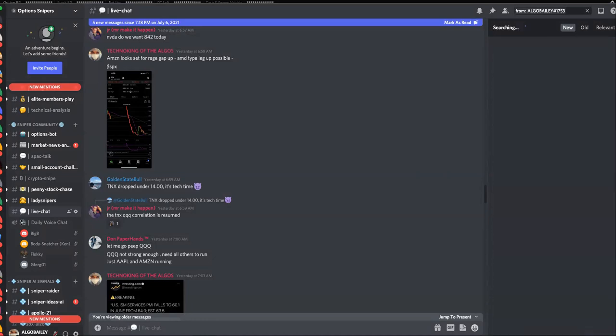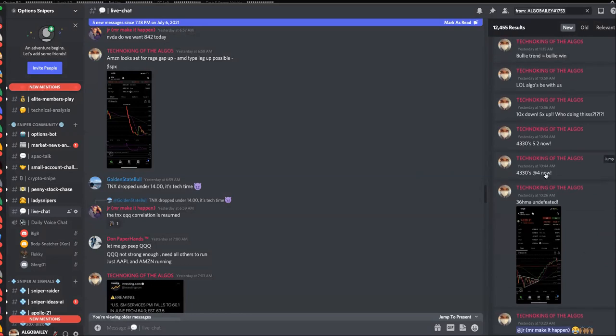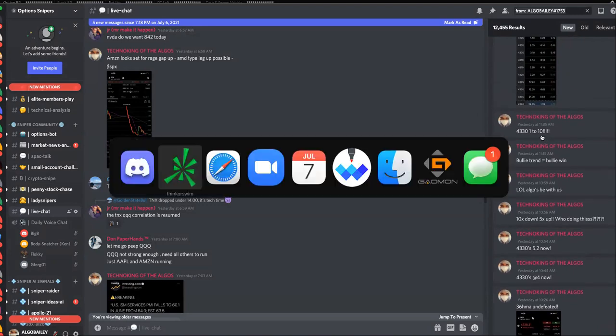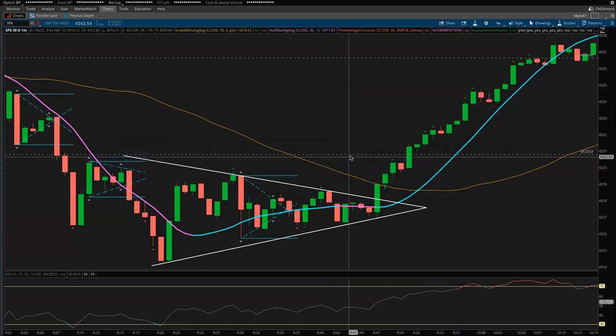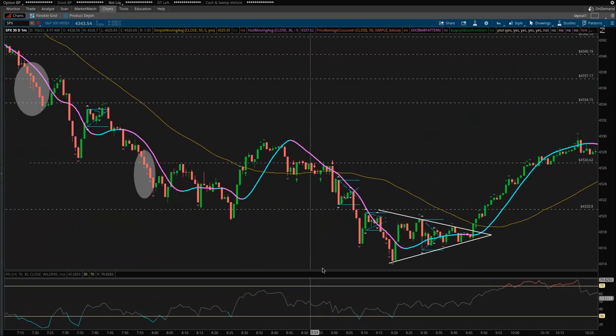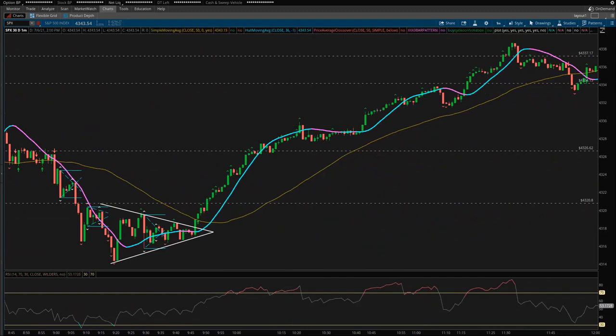But once again, just walking you guys through this play of how in real time we're doing this kind of thing. Those went to 4, to 5.2, to 10, right? So this contract went from 1.3 to over $1,000 just on this move right here. At first it was just a measured move of the width of this triangle projected up. You guys know how I love my measured moves, but from there we ended up with another triangle here,